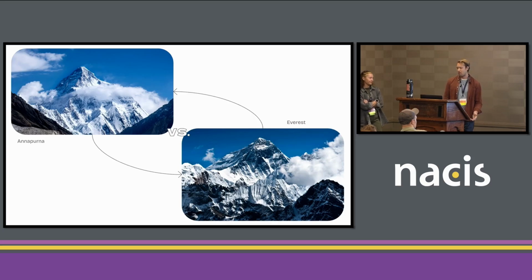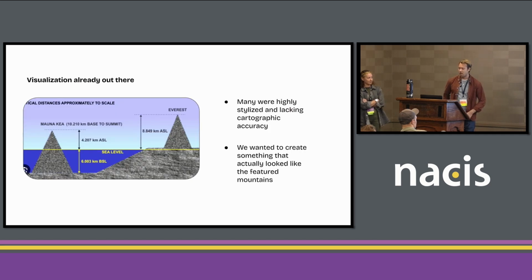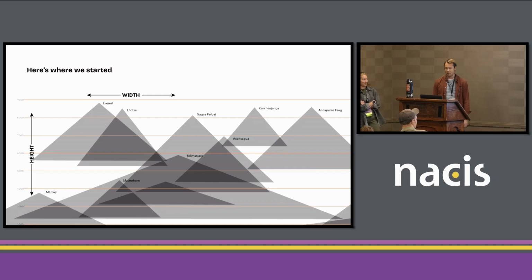So doing that with photos and even a lot of oblique renders is really hard because perspective gets in the way. The foreground's bigger than the background. So we had to figure out how we were going to do that. There were some graphics out there that would do it, but what we really wanted to do is have something that was not just accurate in terms of height, but also brought kind of the Nat Geo authoritative style to it and have something that could actually show the true shape of the mountain. So accurate, not just height, but also width. That was a hard thing to do, harder than we thought.